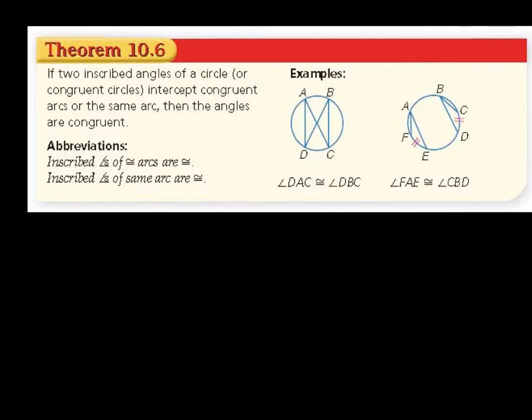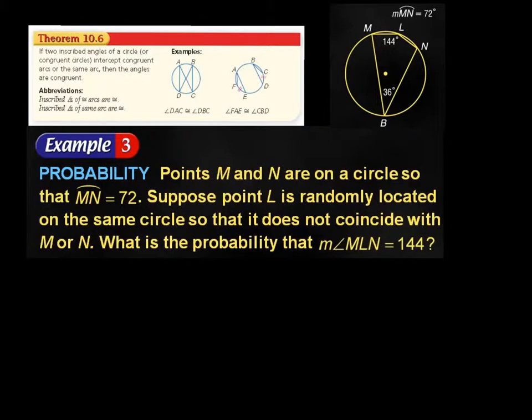If two inscribed angles of a circle, or of congruent circles, intercept congruent arcs or the same arc, then the angles are congruent. We just saw that. Points M and N are located on a circle so that the measure of arc MN is 72 degrees. Suppose point L is randomly located in the same circle so it does not coincide with M or N. What is the probability that the measure of angle